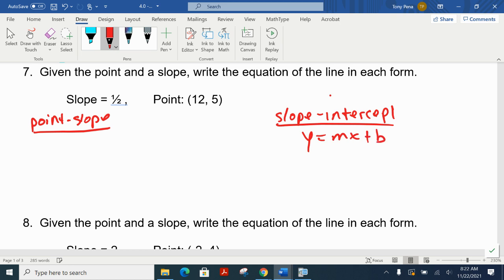Because here now is why point-slope is really nice. If I give you slope-intercept form, the only way we can do that right away is if I know the slope. Do we know the slope of this line? Yeah, I gave it to you. It's a 1/2. Do I give you the y-intercept in this one? So do we know the y-intercept here? No, the only way it would be the y-intercept